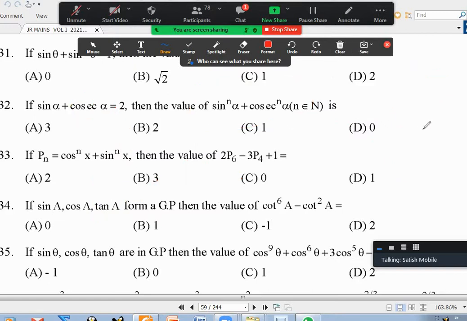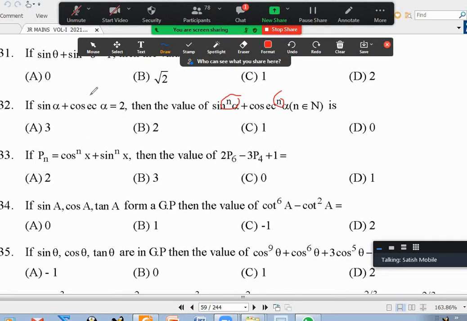Okay, anybody still have doubt about 32? No, sir, no doubts. Sir, can we do squaring on both sides and cubing? No, because the power n is there. We don't know, it may be 2, it may be 10. Instead of this, they can ask sin alpha whole power 2021 plus cosecant alpha whole power 2021. Then what will you do? Can you explain this 30-second question?